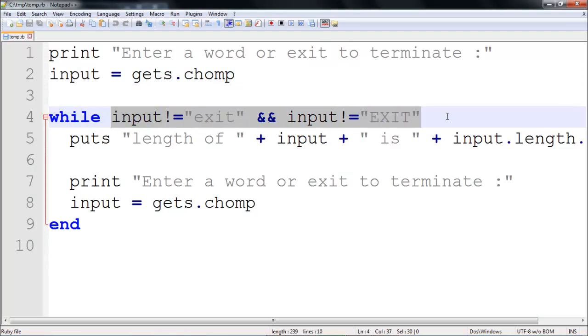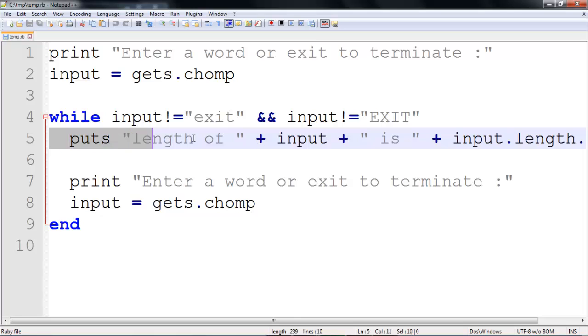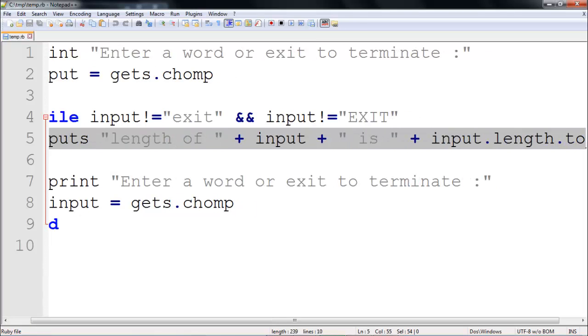Now line 4, look at this condition. I'll only go into the while block if this condition is true. Remember the AND operator? So only when this is true and this is true, then I will go in. So I'll check input not equals to exit and input not equals to capitalized exit. So if I enter any other word besides exit, I will go to line 5 and print out the length